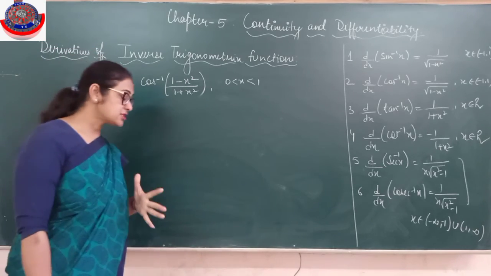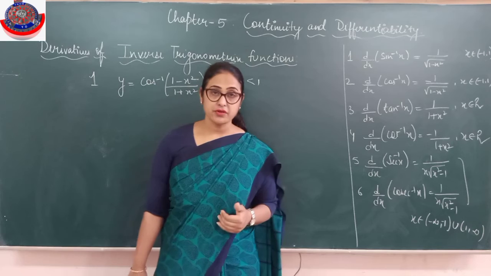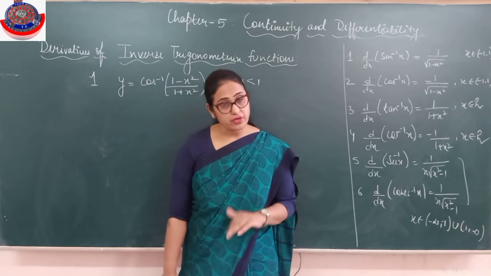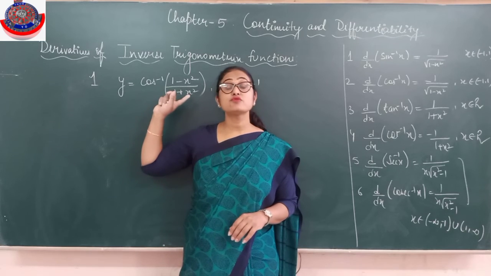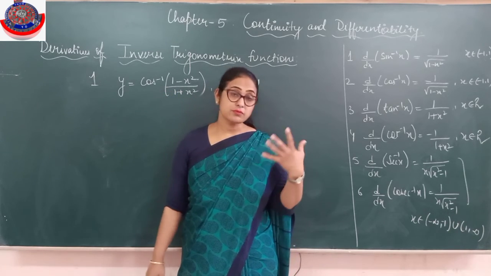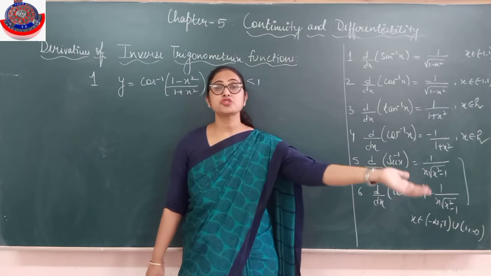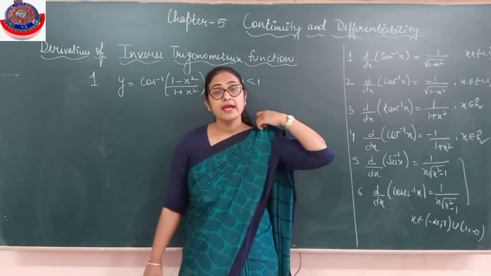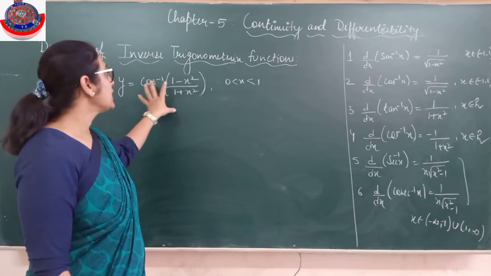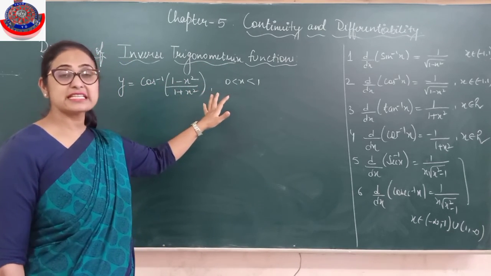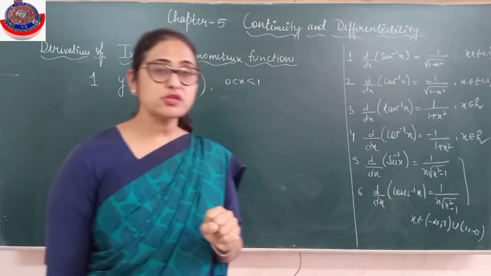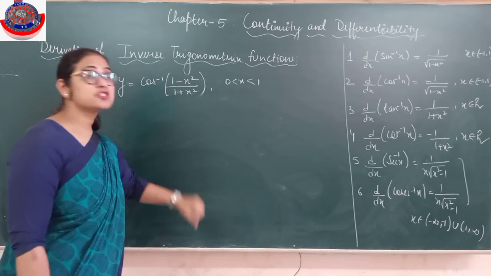So always keep in mind, this is for differentiation, this is for integration. Whenever you have inverse trigonometry for differentiation or for integration, you always have to simplify it first. Simplification comes with the same rules we did in inverse trigonometric functions in chapter 2. Is it clear? What rules do we use to simplify? Make something inside so that the cos inverse cancels with the cos and we get a smaller question. I hope you remember the questions of simplification.